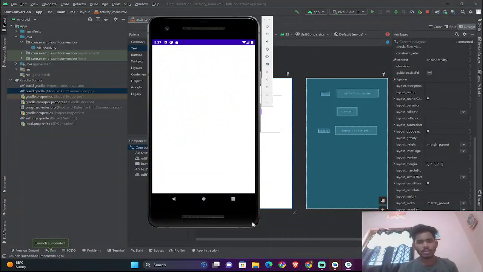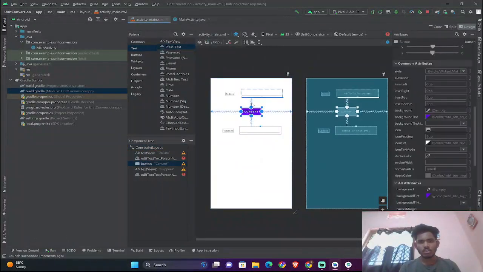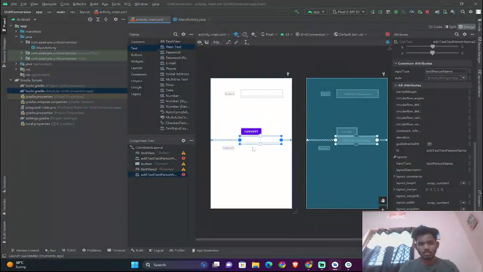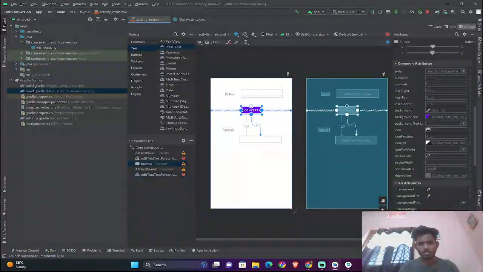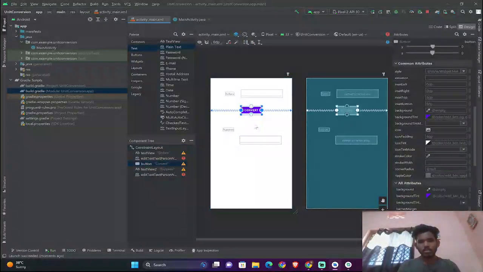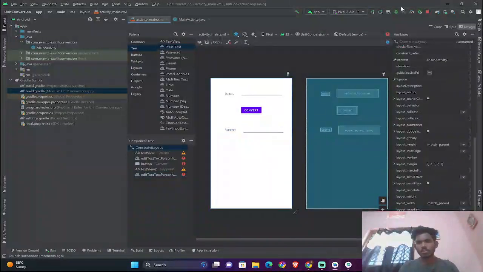As we can see here, there are some errors. We have to delete some of the constraints. Now we will run it and check if the layout is correct.